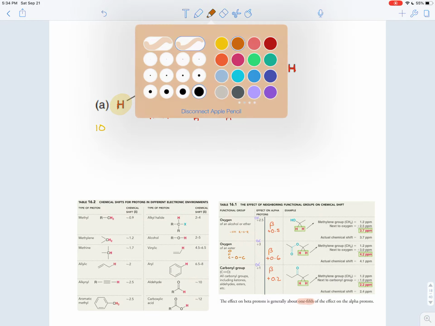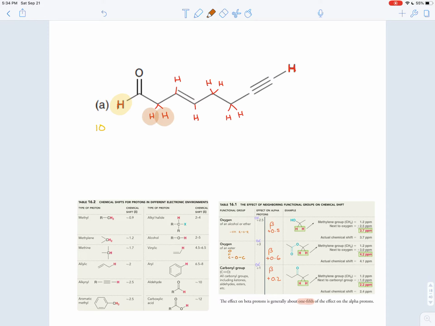All right, next. We have these two hydrogens here. For both of them, there's the aldehyde to the left, the whole molecule to the right. So they're equivalent. Those two hydrogens are in the same electronic environment. It's different from the previous hydrogen that we looked at, though, so it'll have its own peak on the NMR spectrum. Now, at first glance, you might be tempted to say it's a CH2. There's two hydrogens coming off of a carbon, but you have to be careful anytime there is a double bond